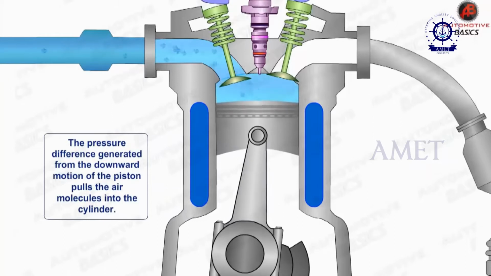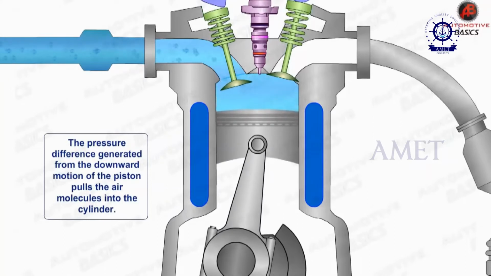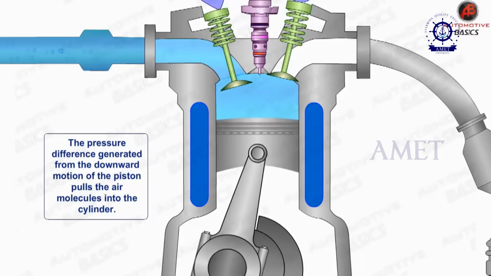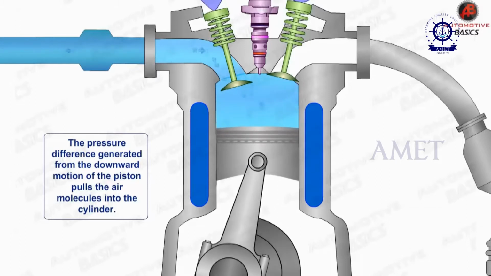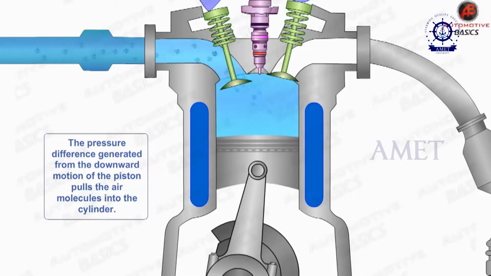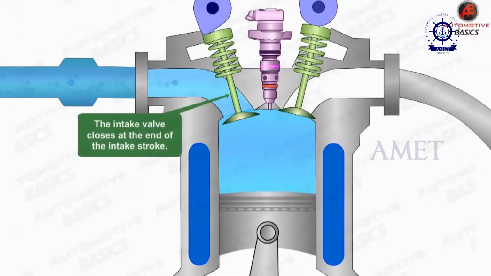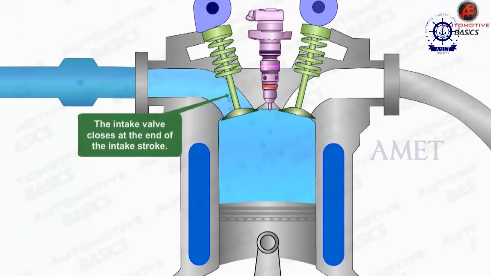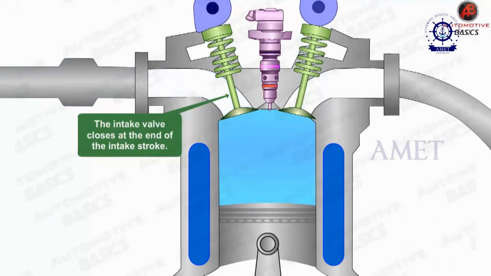As soon as it enters inside the engine, the piston also moves from top dead center to bottom dead center. As soon as the piston reaches the bottom dead center, the suction stroke or the intake stroke comes to the end, thereby leaving the whole of the stroke volume with air.